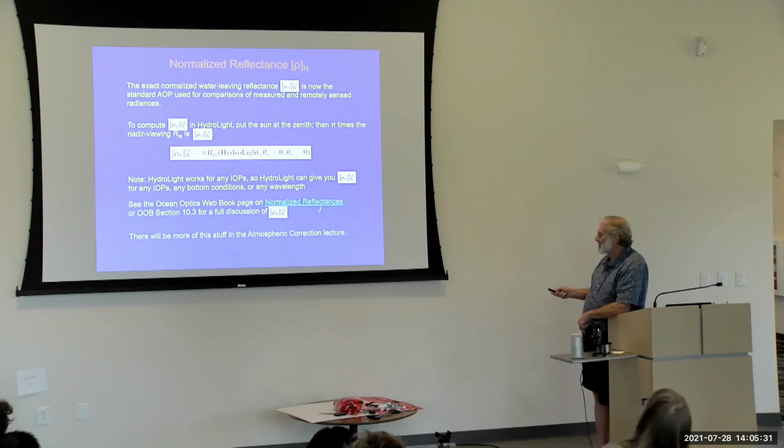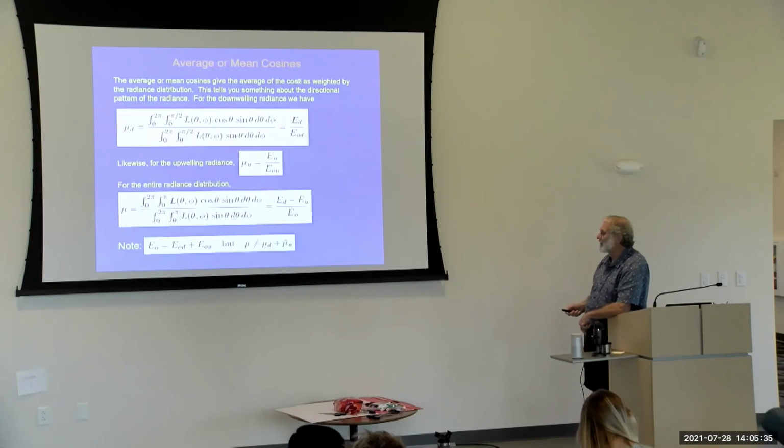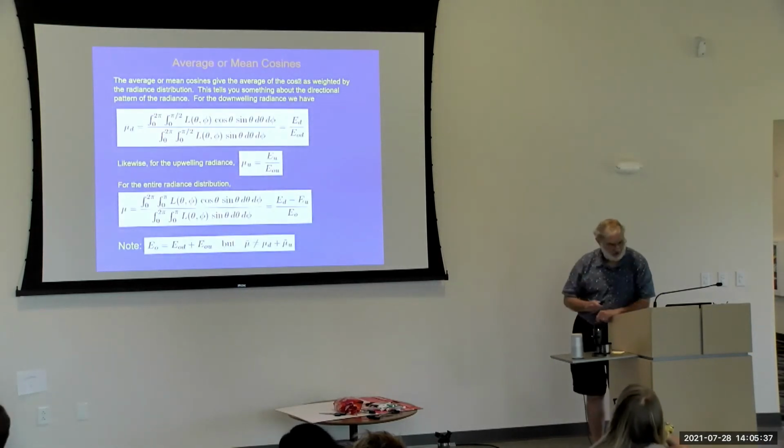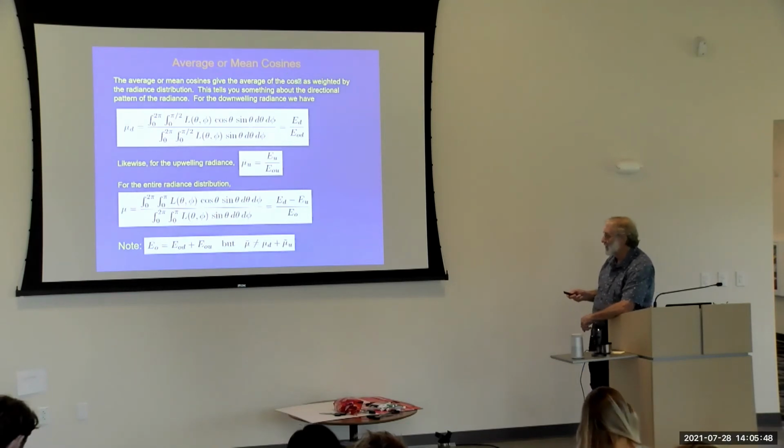Okay, so anyway, there's a lot more of this on the web book, and we're going to talk more about this on Friday. So you'll also see other AOPs, one of which is this family called average or mean cosines. And what those are